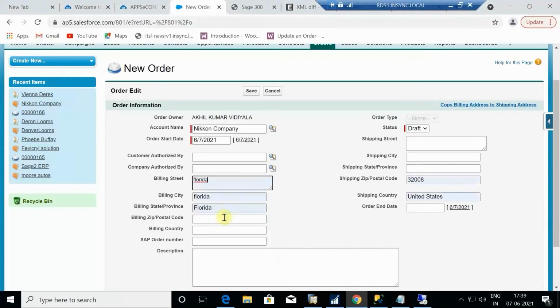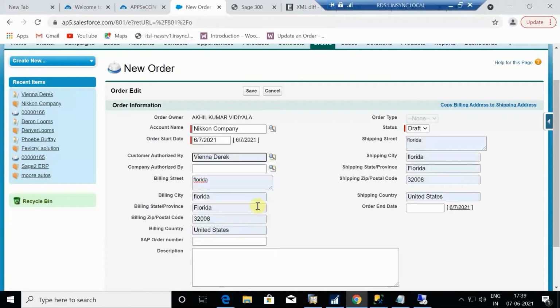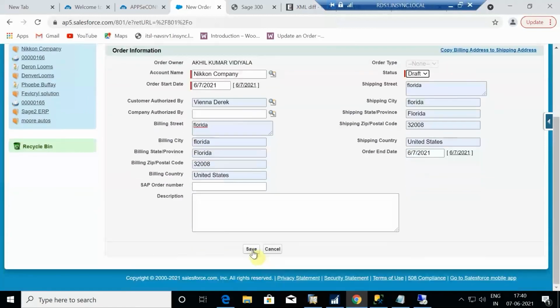I will fill up all the billing and the shipping details of this particular order. So let's choose the customer authorization over here, and I will choose the order end date. And I will save this order,